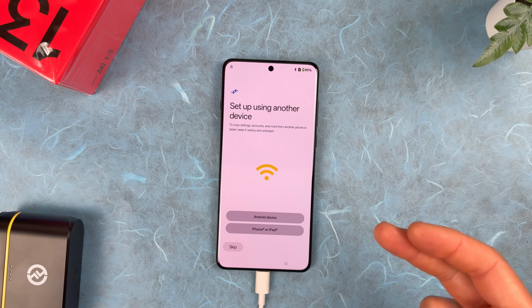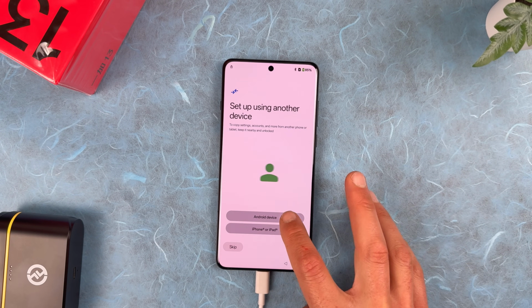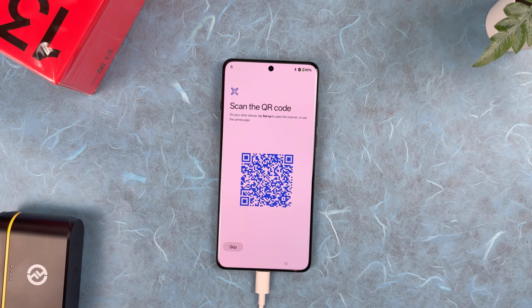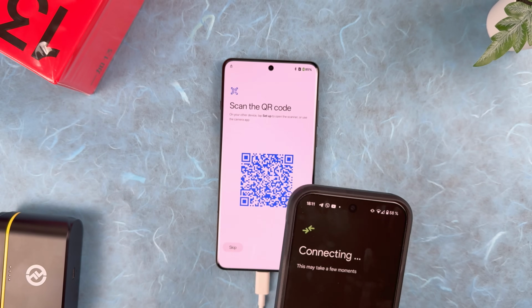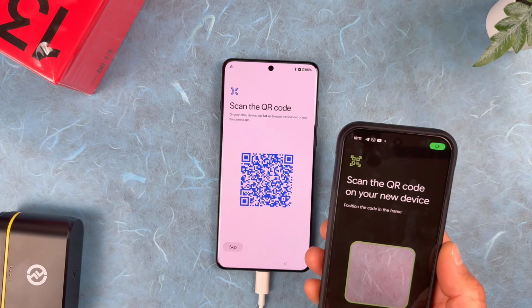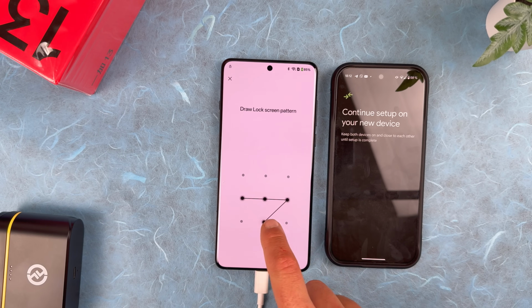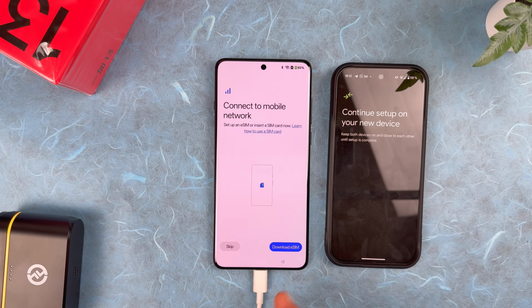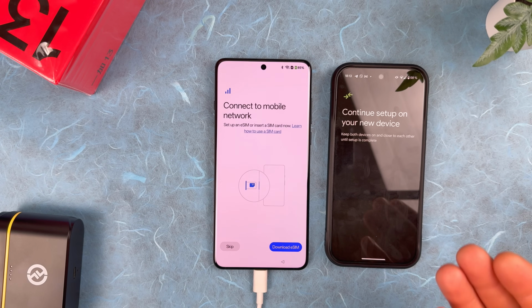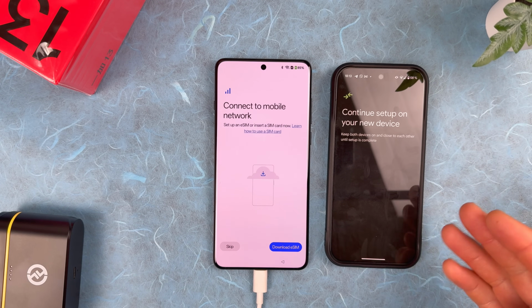and set up using another device. Okay, I will use Android device. Scan the QR code. Now I have a pop-up message on my Pixel 9 Pro. I will tap setup and it will start connecting with OnePlus 13. Draw your lock screen. Guys, this is the better method to set up your OnePlus 13 because I made a mistake. If you made the same mistake like me, if you forget to log out from your account and at the beginning when you try to connect to Wi-Fi settings, your keyboard probably won't appear